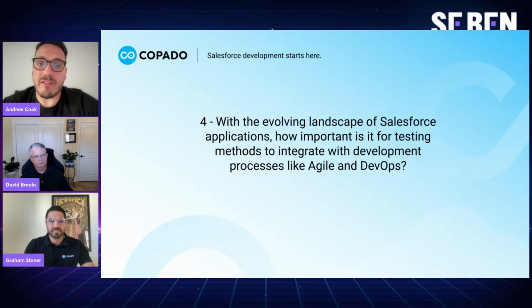But yeah, I think having it integrated is so important, because obviously the main point of DevOps especially is just having your release cycles, so you can sort of develop and push your releases as quickly and efficiently as possible. So testing needs to be a big part of that, because if you get the testing wrong, then everything goes